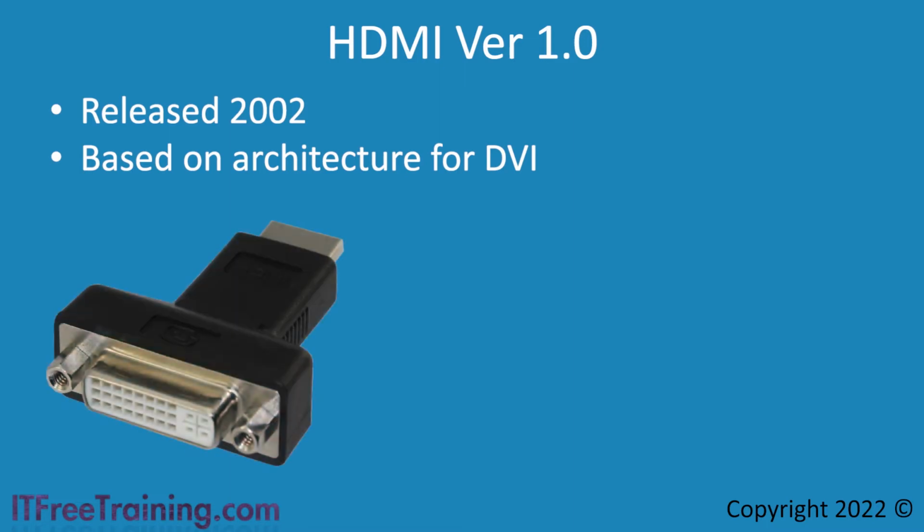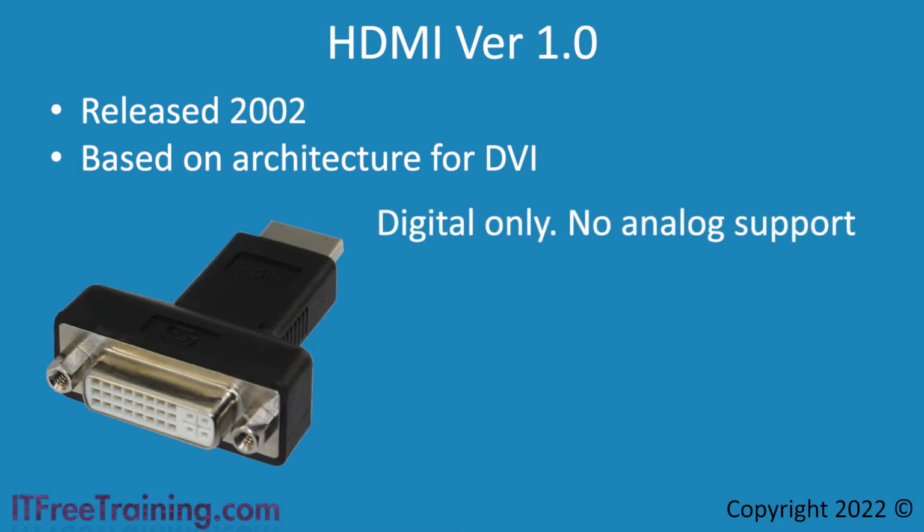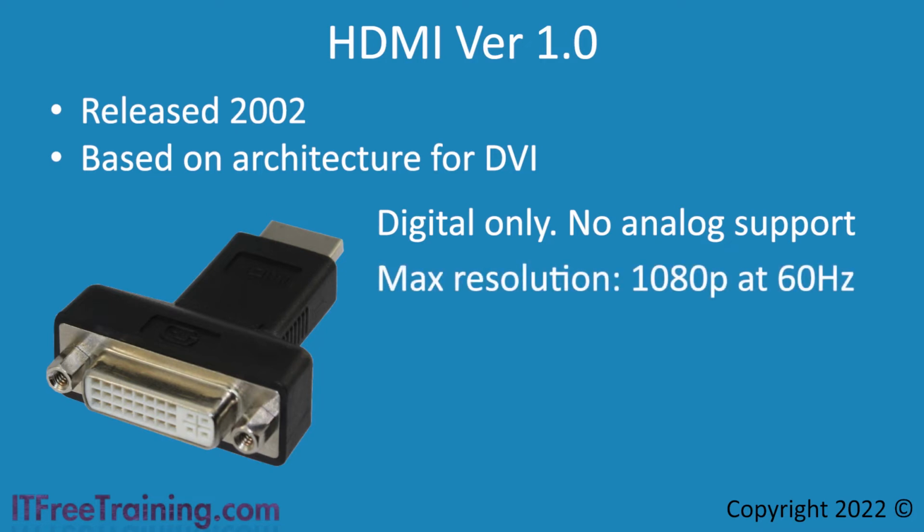One of the design goals of HDMI was to make it compatible with DVI, but to extend its limitations. HDMI will support the DVI resolutions with one exception. It is digital only and will not support analog signals. DVI was able to support analog signals like VGA. However, HDMI will not be able to support older analog signals like VGA. In order to do this, you will need a device to convert the signal from analog to digital, or an active adapter capable of converting the signal. The maximum resolution is 1080p at 60 Hz, which matches that of DVI single-link maximum resolution at 60 Hz.